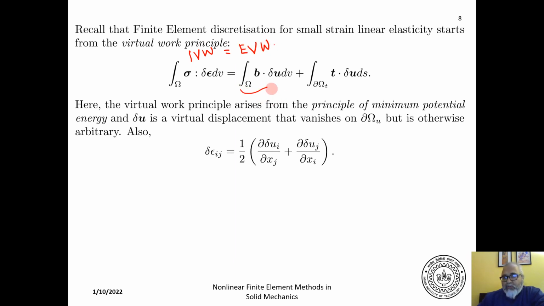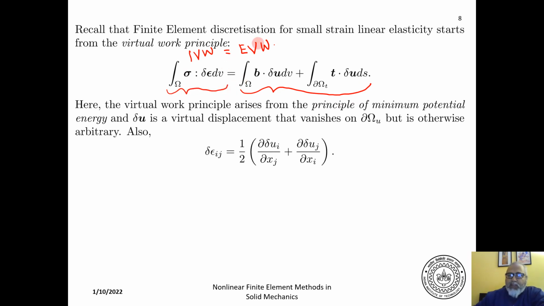So this is the virtual work done by the body forces acting at each and every point on the volume, and the surface tractions working on delta omega t. So this is the virtual work done by the external loads, whereas this is the internal virtual work which is